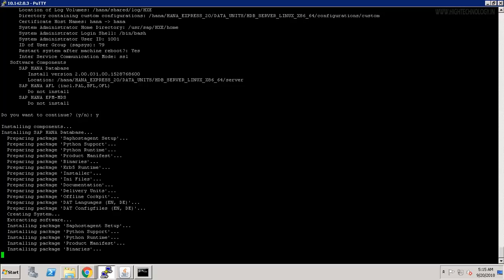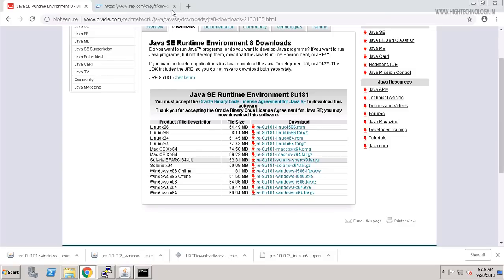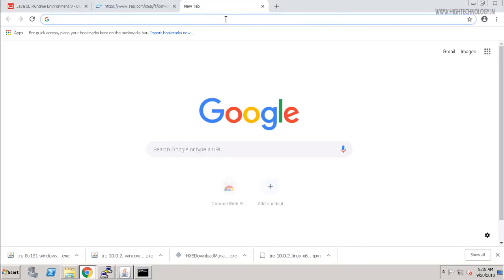So friend, it's going to take approximately a few minutes. Meanwhile, I will show you how to connect to this particular SAP HANA database. As you do not have an SID, an SAP ID, to download SAP HANA Studio, let's download